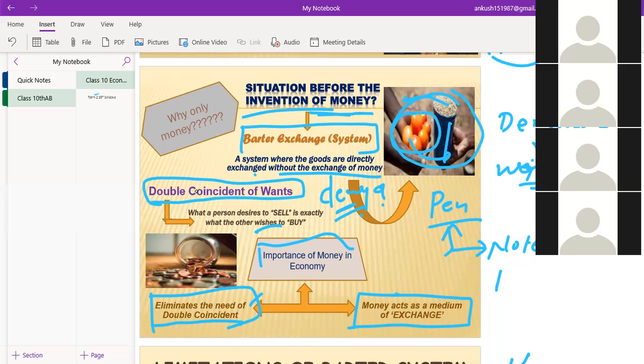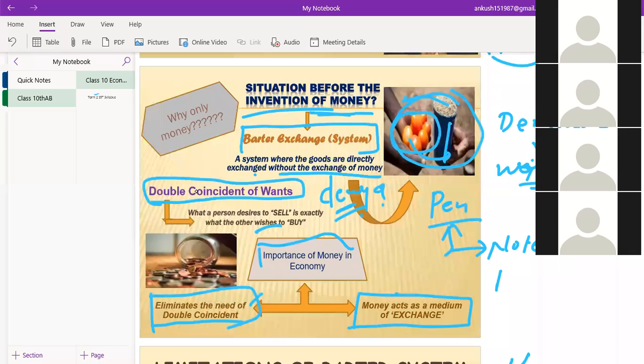And people's economic growth would be stagnant. They would not grow as they could, because they would just exchange things. But for manufacturing particular things, they would have to get raw materials, which might be purchased from another person, but even then they would have to exchange things only in exchange of raw material. So this process would go on for long, and there would be no economic growth actually.